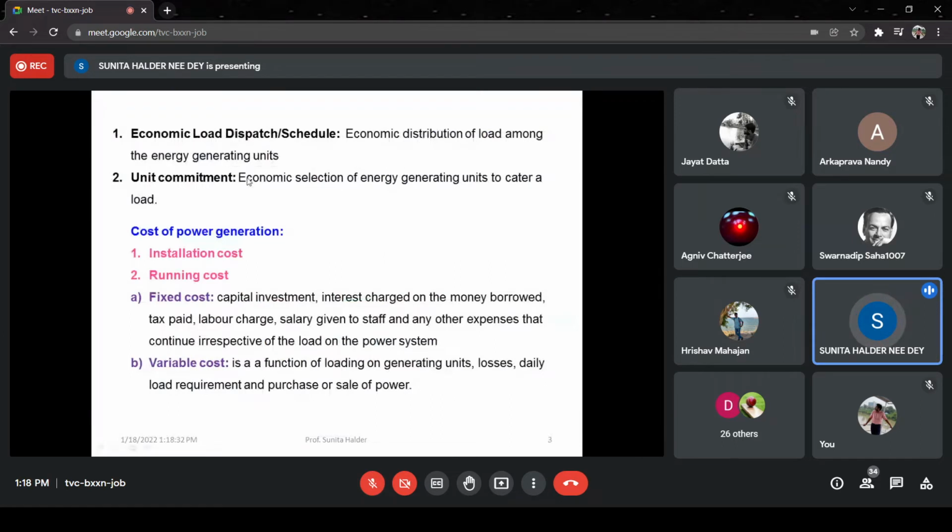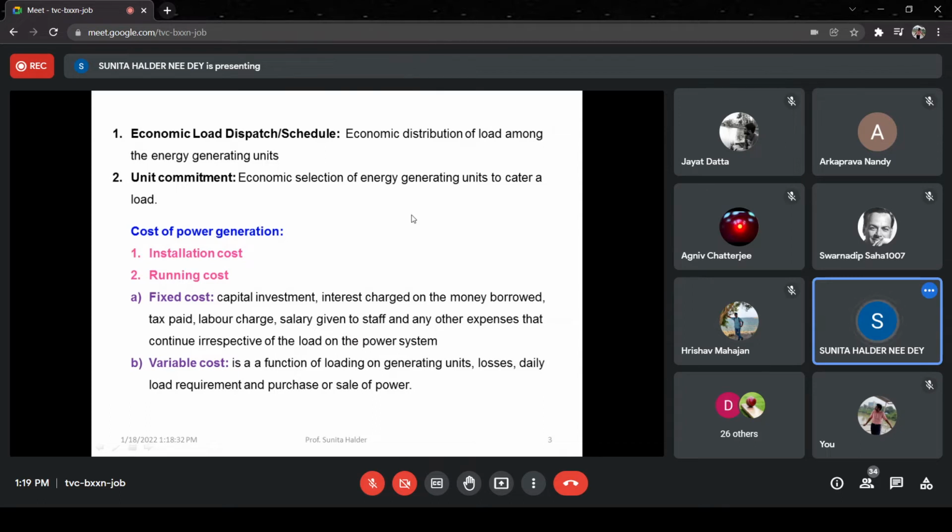Whatever I have told about economic load dispatch or unit commitment, that is written here. Economic load dispatch is also called economic load schedule. It is also called the economic generation schedule. Now, what may be the cost of generation? Firstly, installation cost will be there. That is a huge cost. Secondly, running cost. Now, running cost